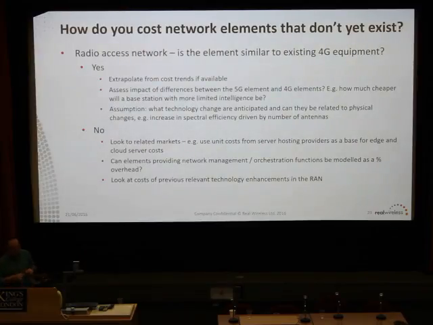So, how do we go about trying to get the cost of these things that don't yet exist? Well, obviously, if it already exists, we can reuse it. We can extrapolate, and then we can look at reasonable technology changes that we can anticipate. We can also look at the roadmap. We know what everyone else is likely to be doing. We know what the standards process is in terms of performance benefit.